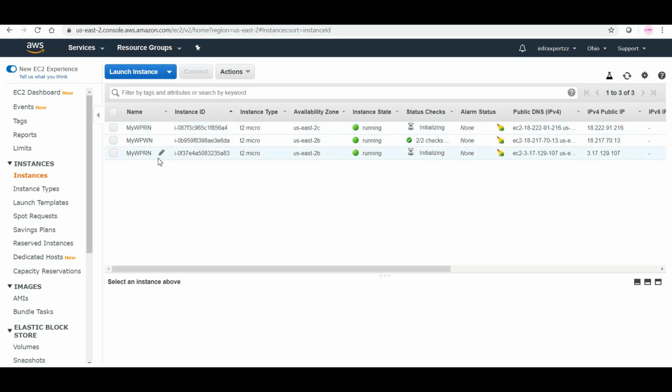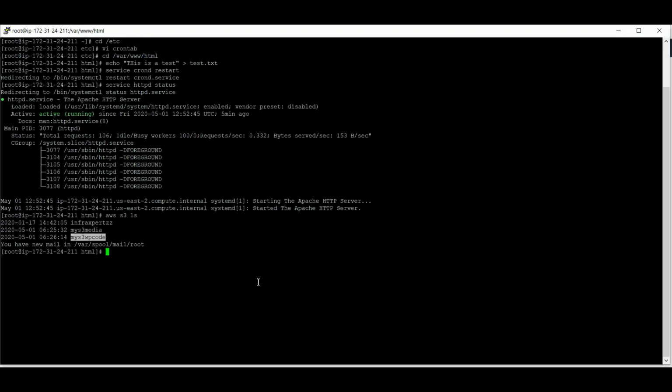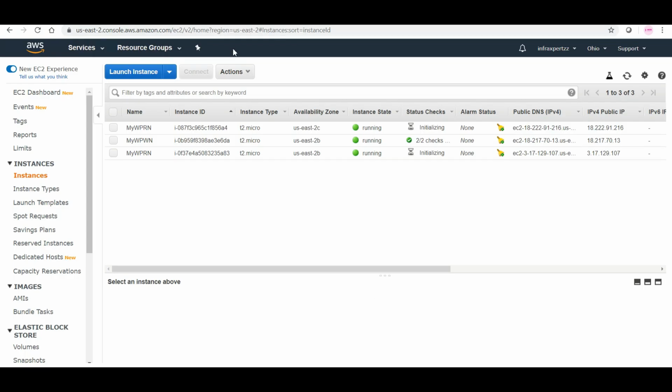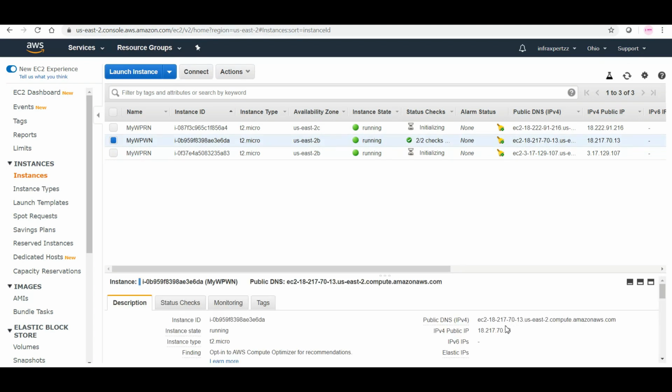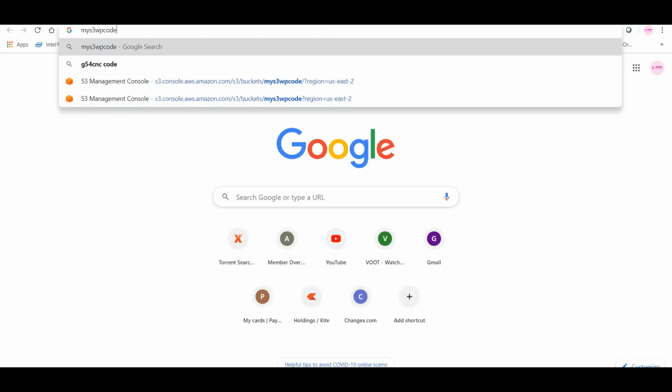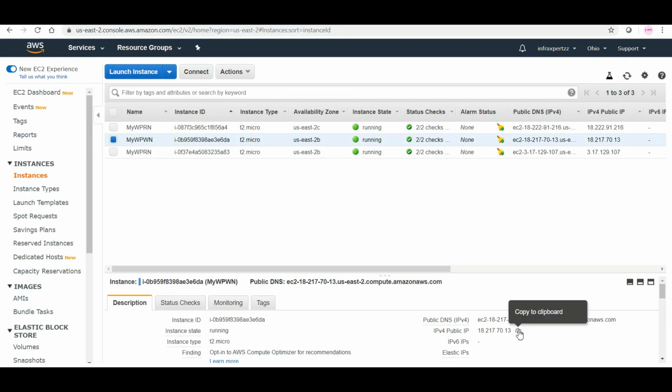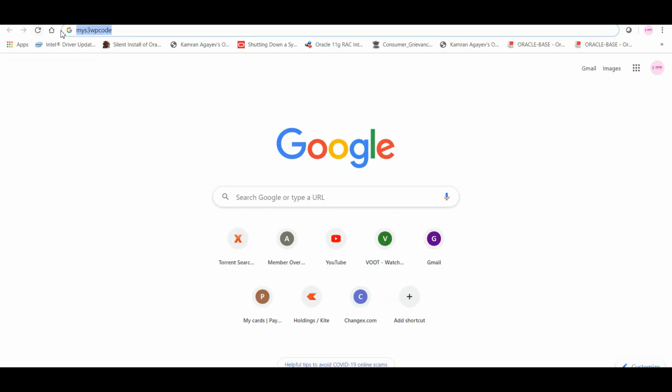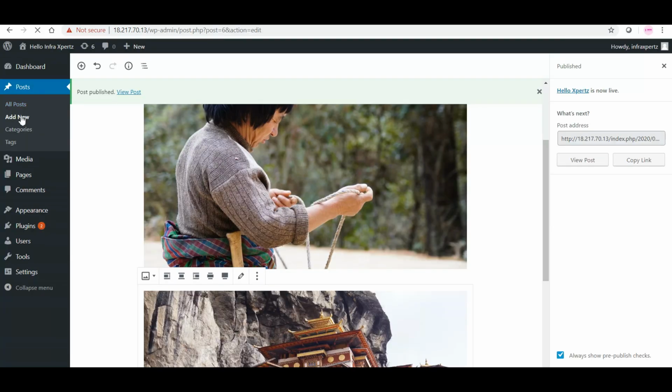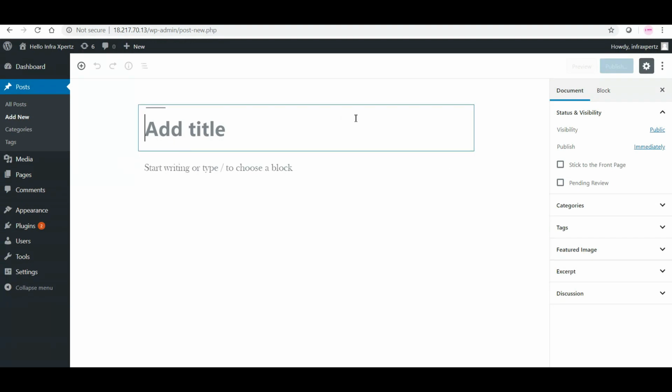So let's log into our writer node again, not from here, from our browser. Let's take the public IP and log in here. So here we are, and let's add a new post in here. And write, hi guys,